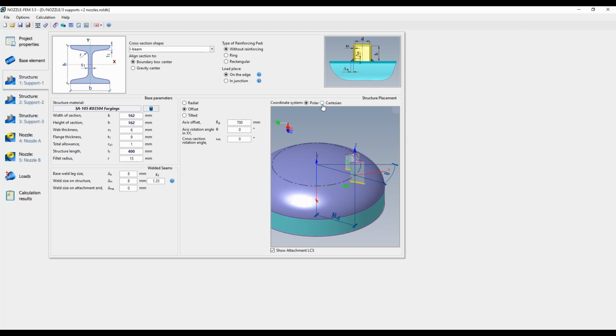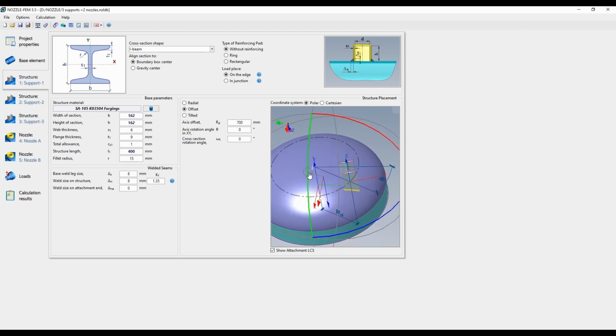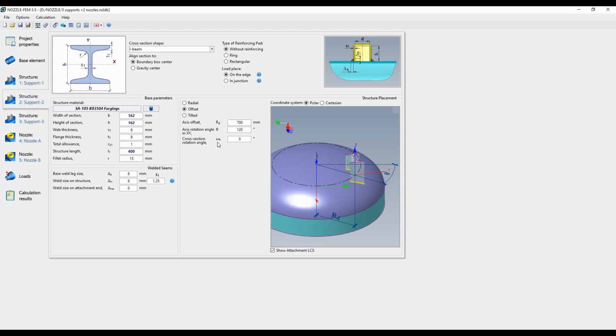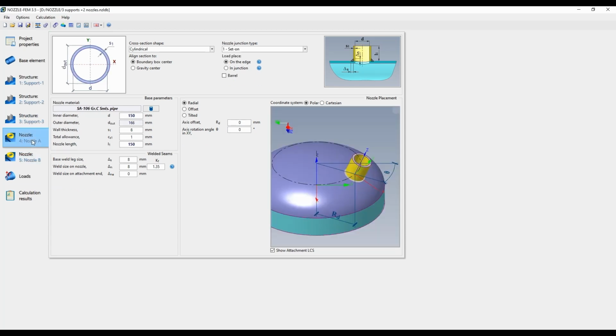We can input in polar or Cartesian, yes, and rotate, degrees increase our picture, and input axial offset, in our case 700 millimeters, axis orientation from center for first support 0, for second support the same structure, different axis rotation 120 grades, third support axis 240 grades,